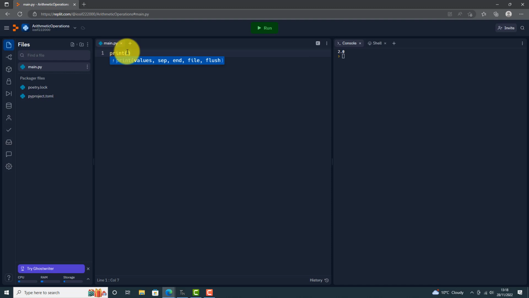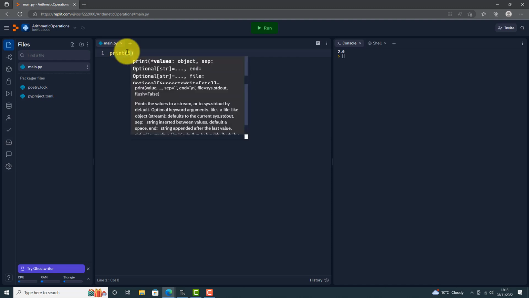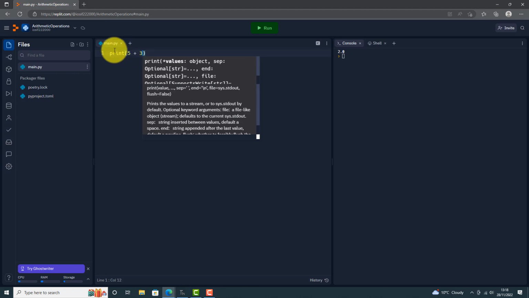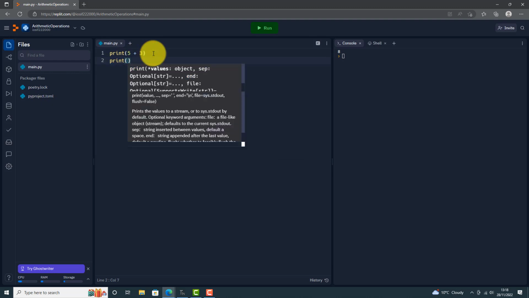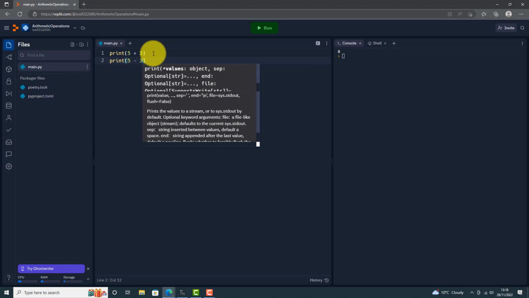So I'm going to use this print function, and I'm going to add two whole numbers 5 and 3 using this plus operator, which is used to perform the addition operation. So this is the addition operation. The result is 8. Another arithmetic operation used in Python is the subtraction. So using this minus operator,